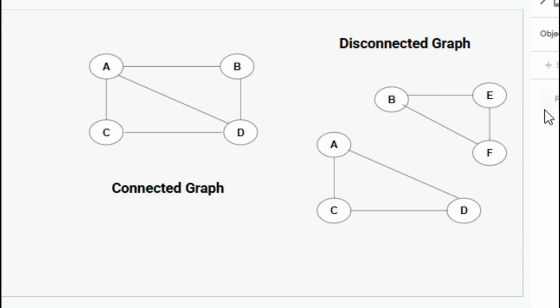So in our next video, we are going to discuss one of the very important algorithms to find the minimum spanning tree, that is Kruskal's algorithm, and in that algorithm we are going to use these terms. So I would like you to understand these terms first, and then we can easily understand that algorithm.